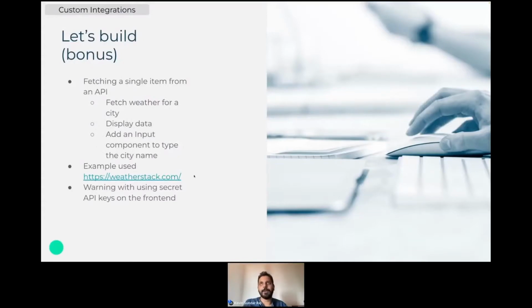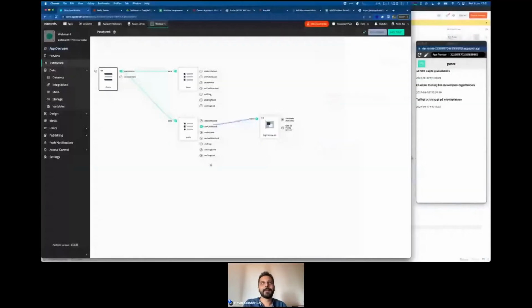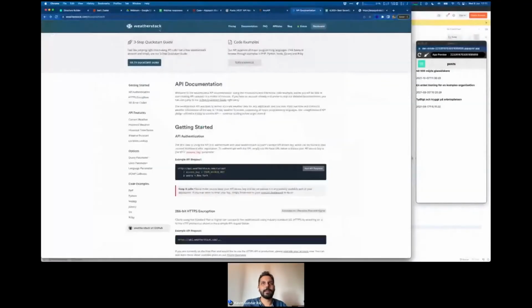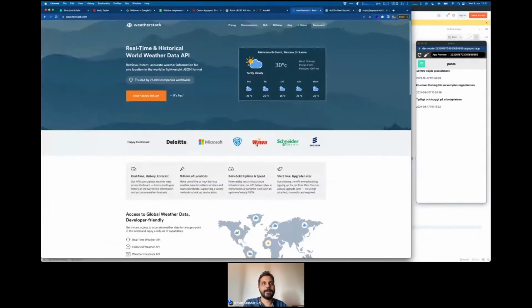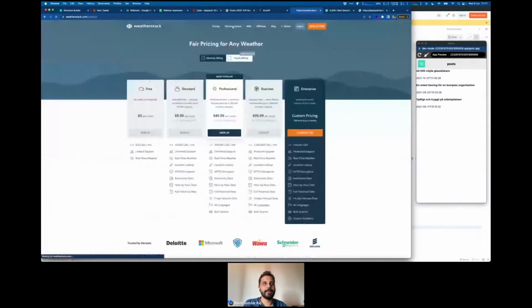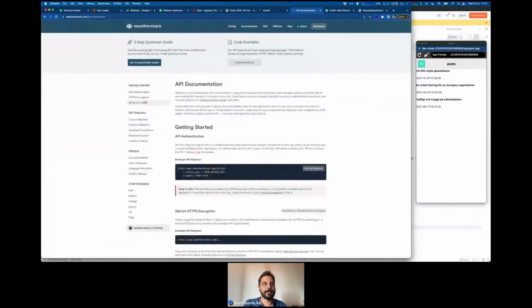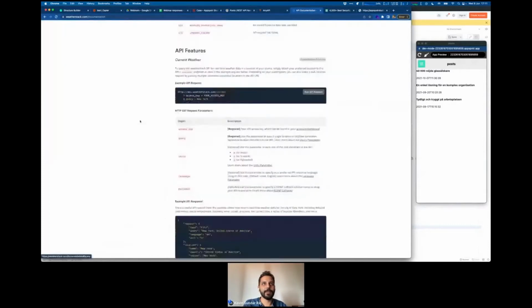There's a little API called WeatherStack. It's a cute little thing, and it allows you to fetch weather, right? And you can see the person's location, temperature, and stuff like that. And then they have pricing, and luckily they have a free tier for us to test, where you can make 250 requests per month. So I quickly signed up, and I went to the documentation, and current weather was pretty